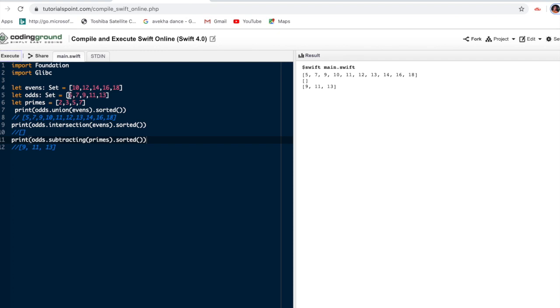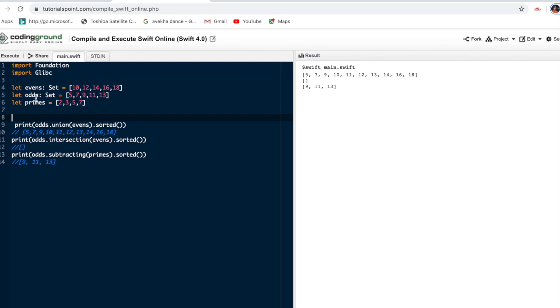See here what happened in a set. I have given 10, 12, 13, 14, 15, 16, 18. This is even numbers. Same case odd numbers and prime numbers. These are the three constant variables. What I have done is odd number dot union of this even number and then sorted, so that is the first output shown.